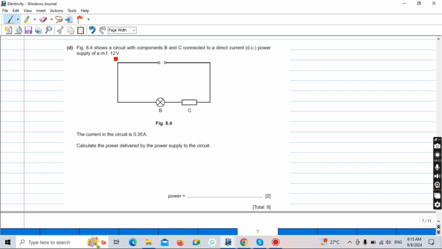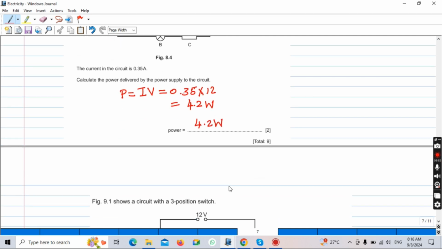Remember, this power supply has an EMF of 12 volt. So the power provided by this power supply is defined to be I times V, and the current is 0.35 ampere multiplied by 12 volt, and that gives the power in watt, and this gives 4.2 watt. So the answer is 4.2 watt. 2 marks each for writing the law and